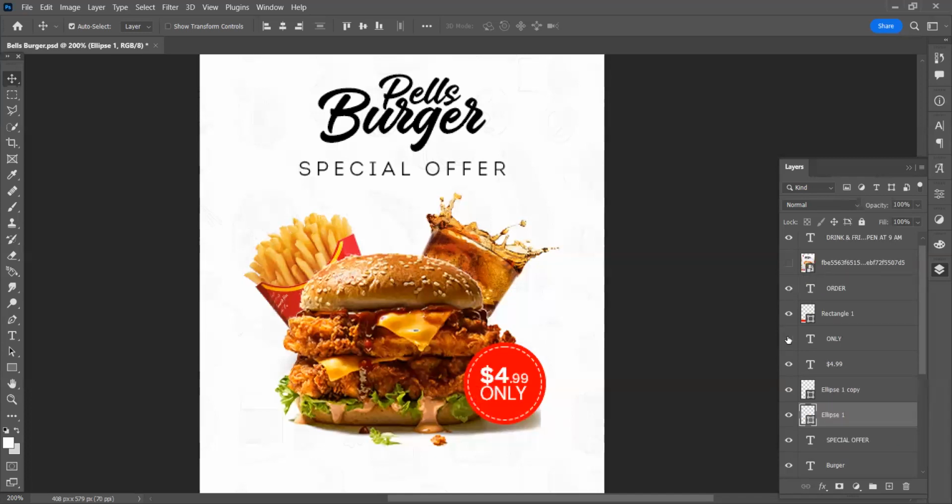Everything you bring into Photoshop will have its own layer, except if you group them and convert them to, maybe, objects. That's when they will become one layer. So now, it's not advisable that we rasterize it, that is, convert it to an image. Because for instance, if the price changes, how are we going to adjust the price? It means that we have to redesign this area, right? So that is why it's important to have our